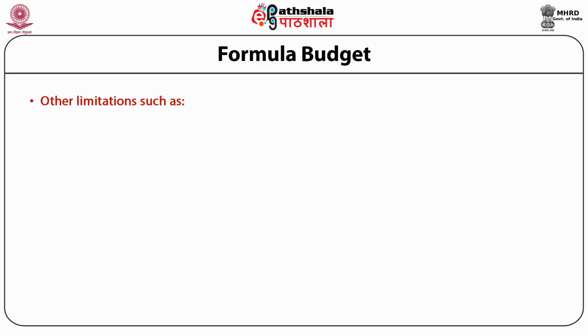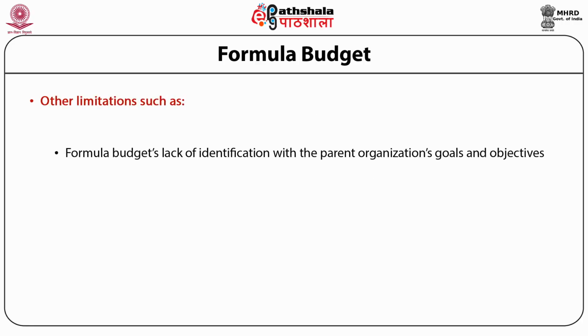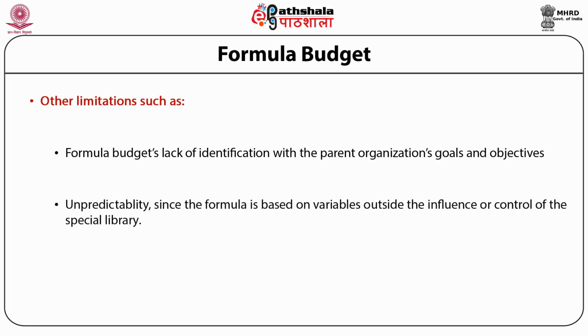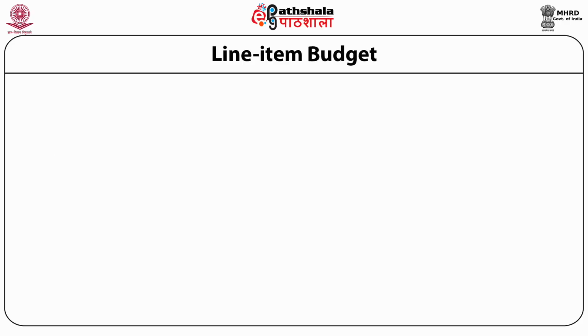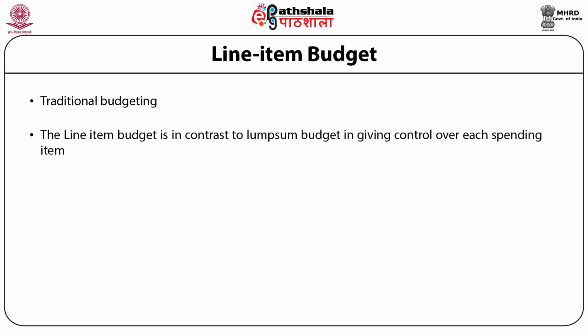Other limitations of formula budget is that it lacks identification with the parent organizational goals and objectives. Unpredictability, since the formula is based on variables outside the influence or control of the special or research library. Now, line item budget is a very traditional budgeting mechanism, because we have discussed that line item is a very basic level budgeting technique. The line item budget is in contrast to lump sum budget in giving control over each